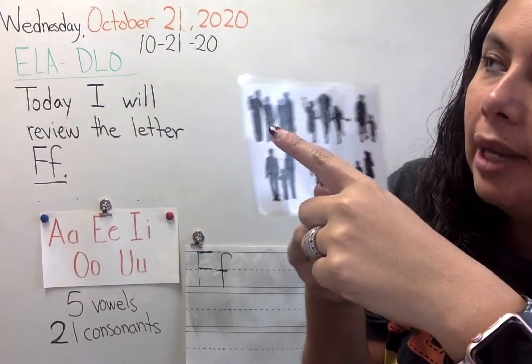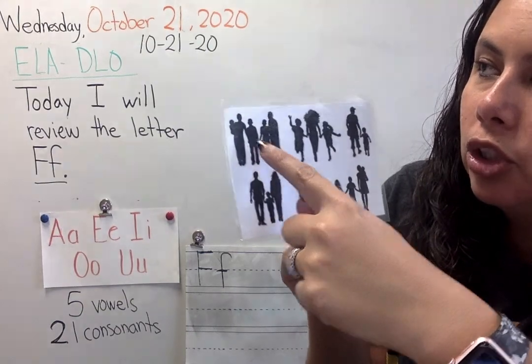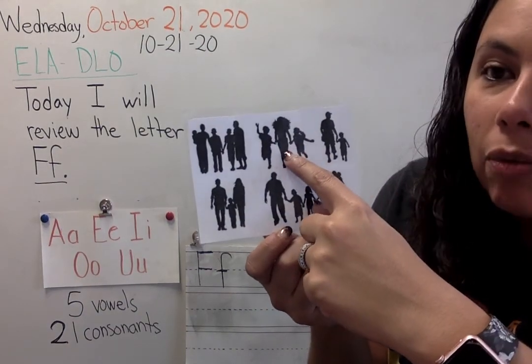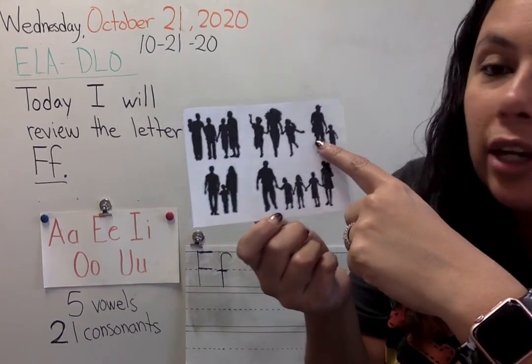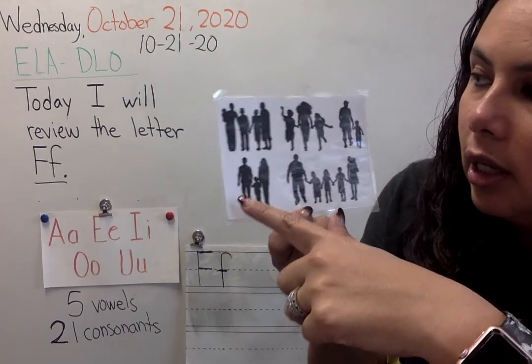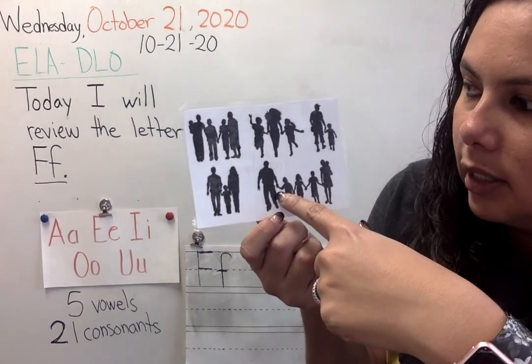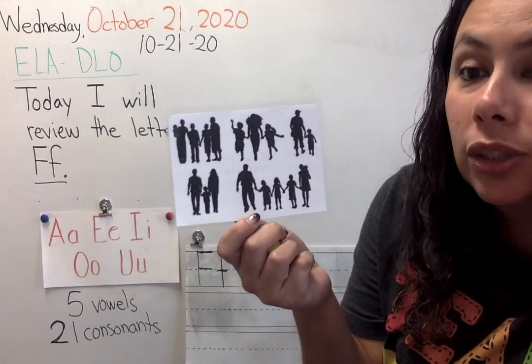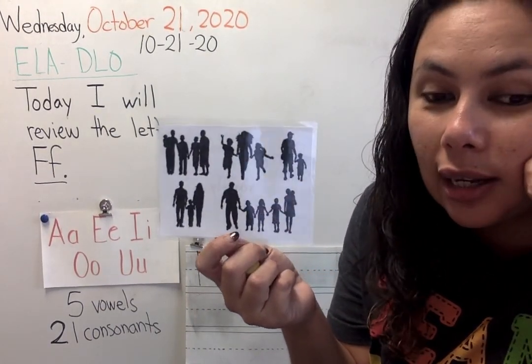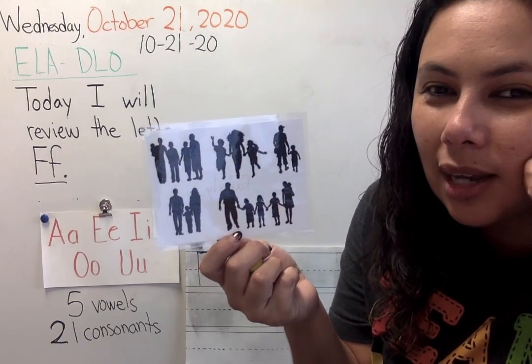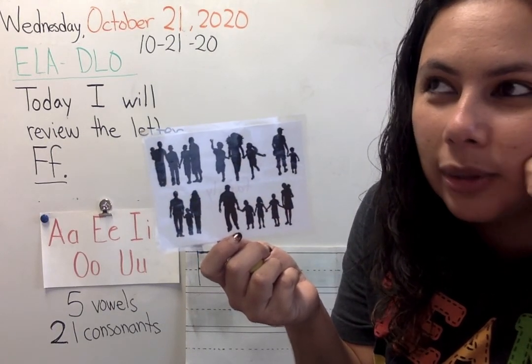There's the one parent, the other parent. There's some children right here. Right here we have one parent and two children. Right here we have one parent and a child. We have two parents and a child. So this is parent and 1, 2, 3, 4 children. This is called a, I wish I can hear what you guys are saying. I hope you said